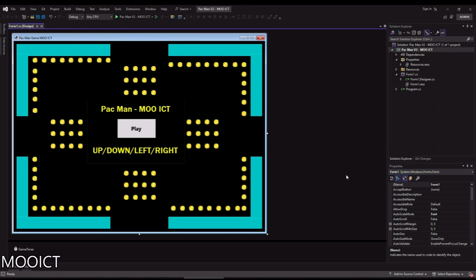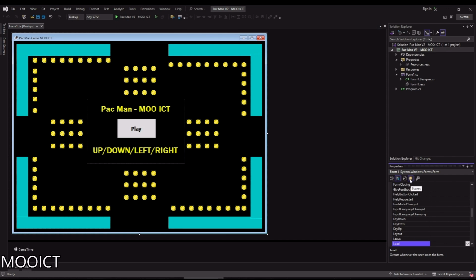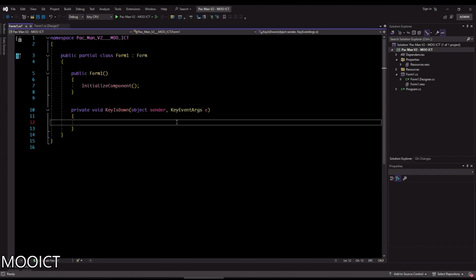So the events we're going to add are going to go into the form first, and then afterwards we're going to be adding events to the button and to the timer as well. Okay, so let's go to the events for the form first. So let's find the key down event. The key is down. Okay, so the key down one is all we're going to need for this, just for the interactions,